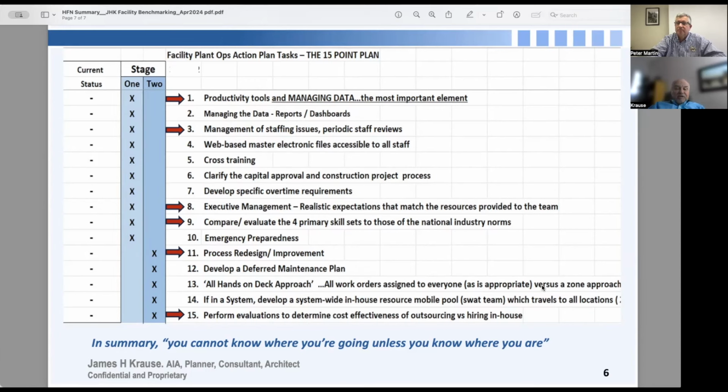Number 11, process redesign. There's always time and room to improve the process. So that, of course, gets into a number of areas and KPIs, key performance indicators of how we continually improve. And not only that, how do we measure our improvement? And then finally, number 15,